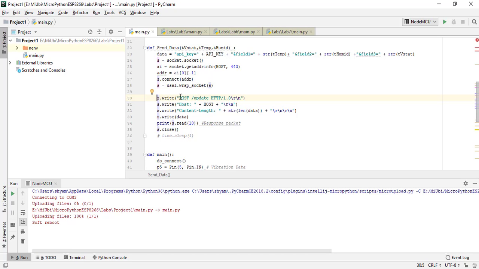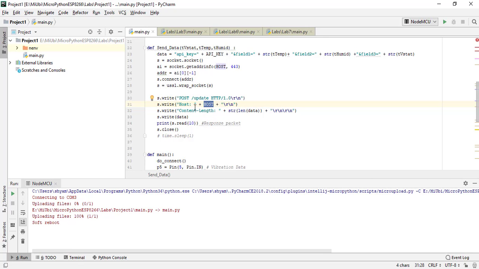I will write this particular string into the socket saying that this is posting of the data, it's an update, and it's of type HTTP 1.0, and I'll provide the host. This is a normal HTTP request. I'm creating a complete string of packet and I'll be sending it at a time.